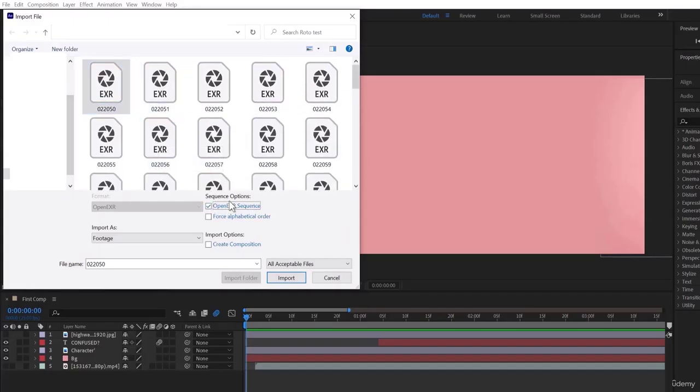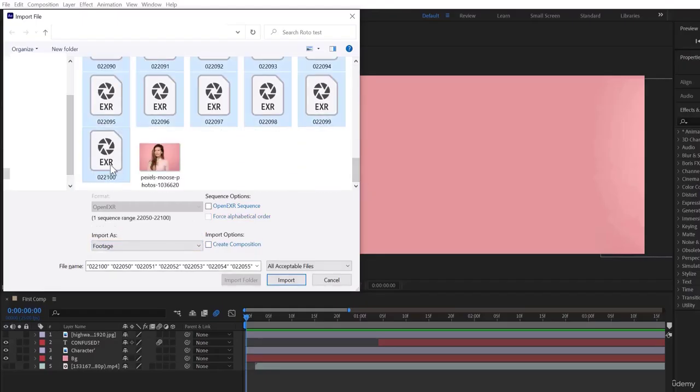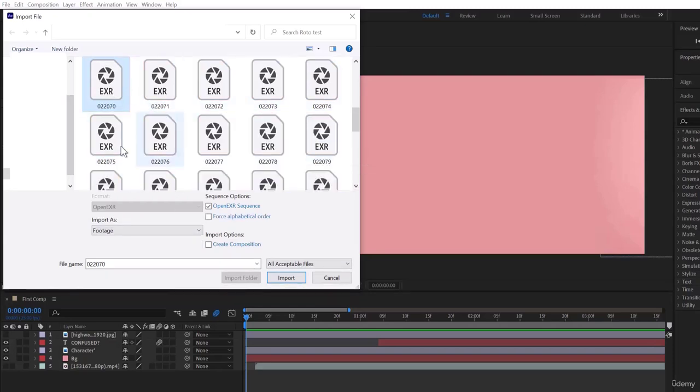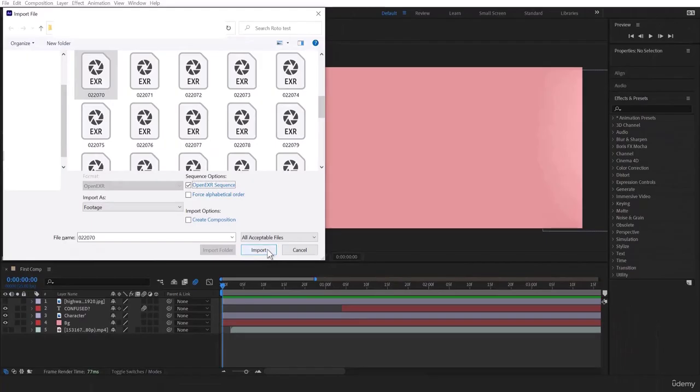There is an option of sequence options: open EXR sequence, import as footage, import as composition. So what I'll do is import as footage. These are different files, so if you see, in total there are so many files over here. I'll click one and say import as footage, open EXR sequence, and then I'll say